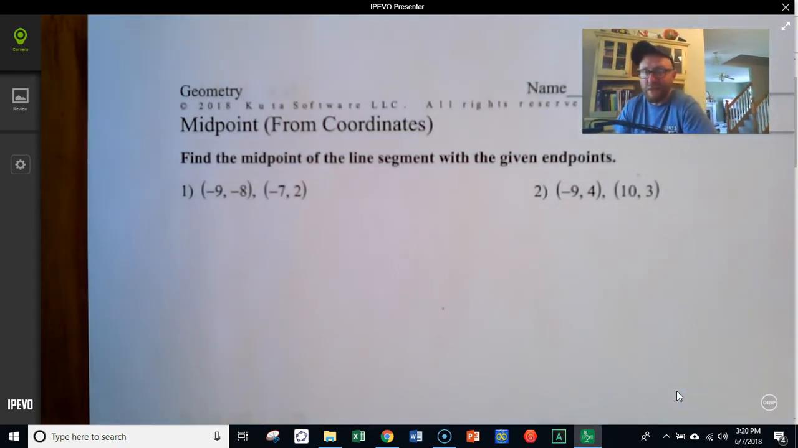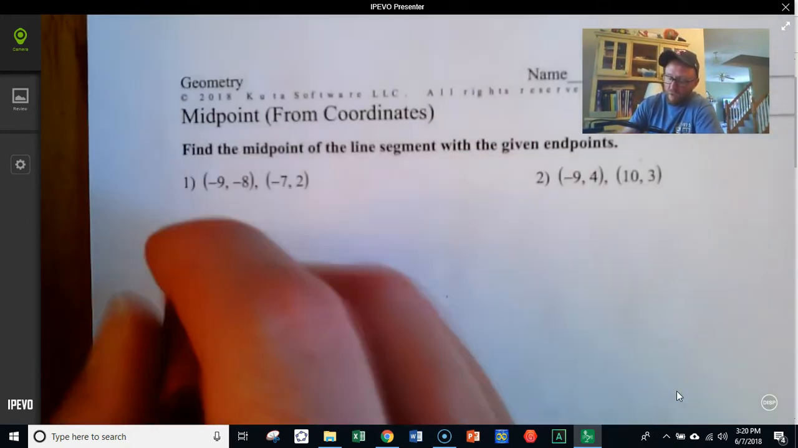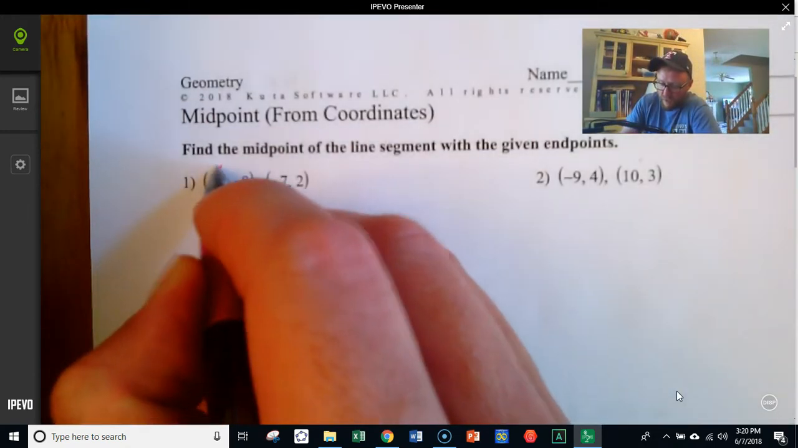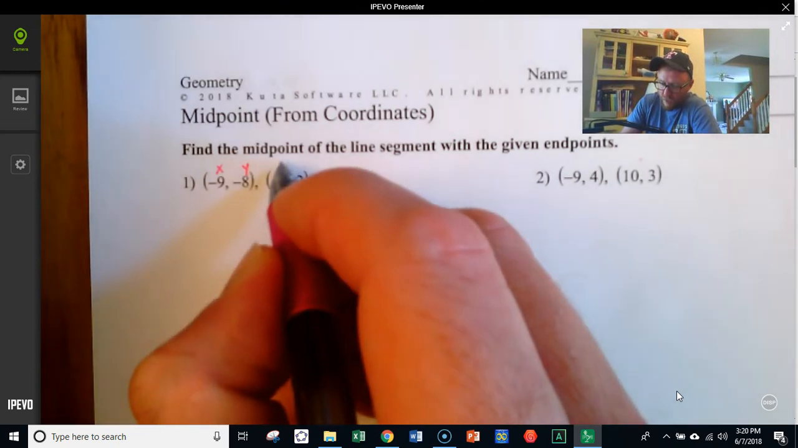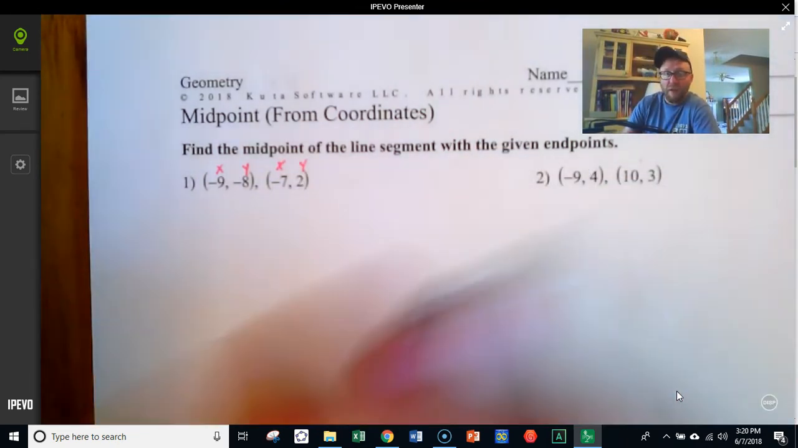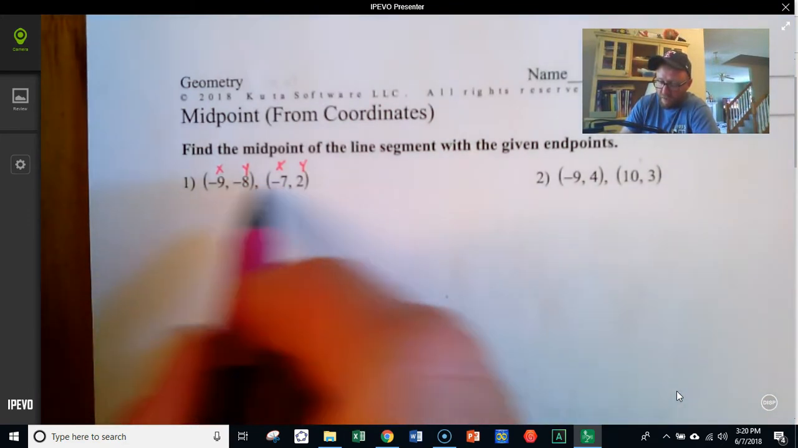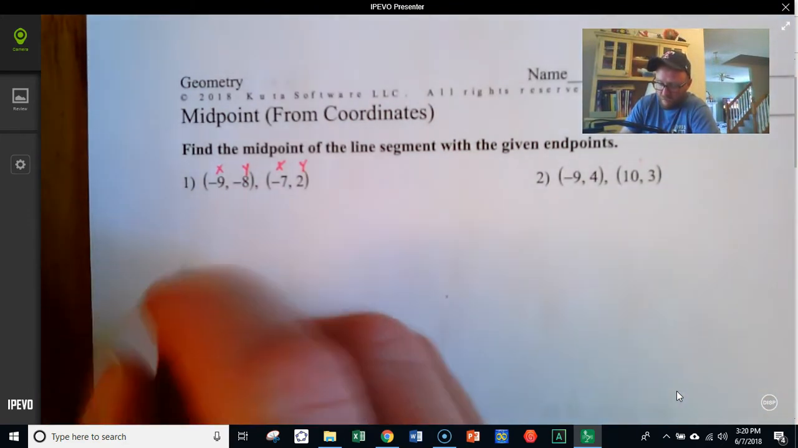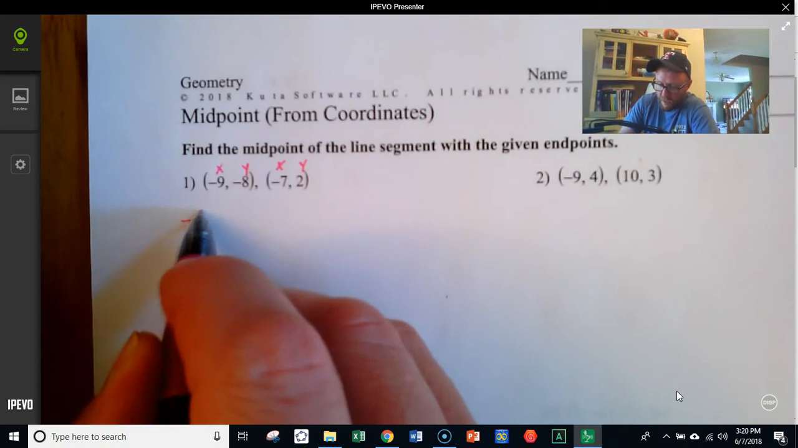Well, it turns out there's a really easy way to find the halfway number between two numbers. It's the average of those two numbers. So I just add them together and divide by 2. So we've got my x-coordinates and my y-coordinates. And then, to find the halfway number between the two x-coordinates, we just go -9